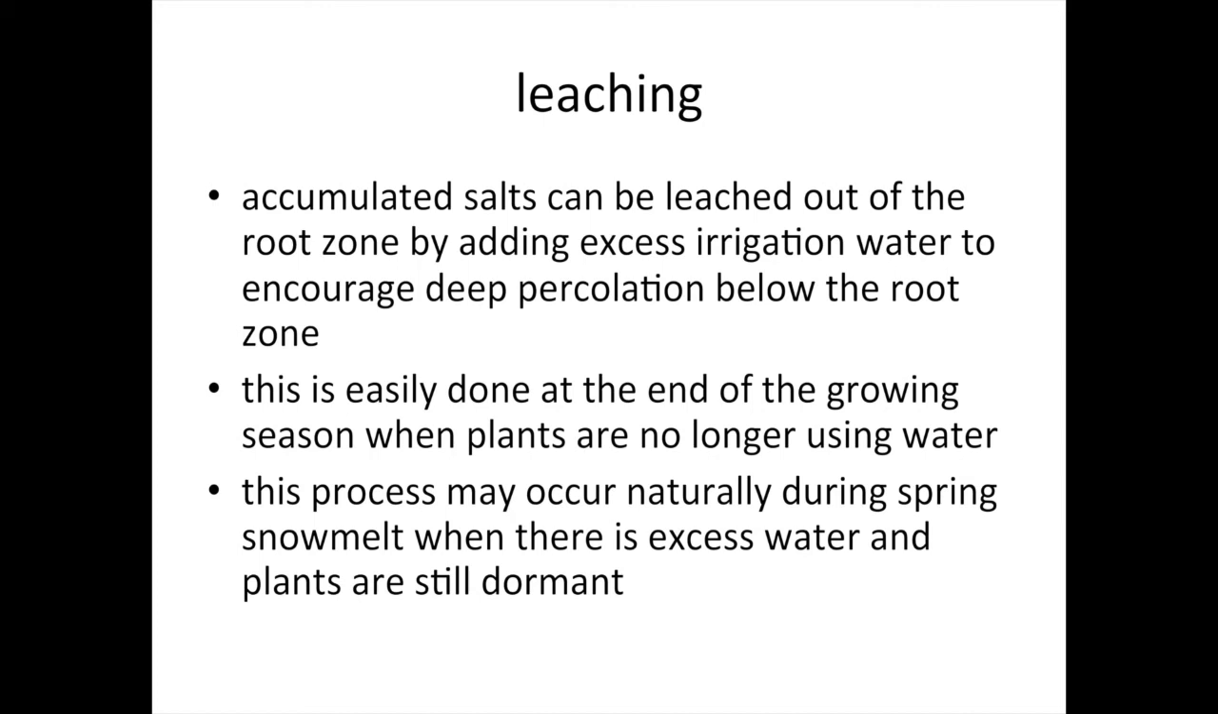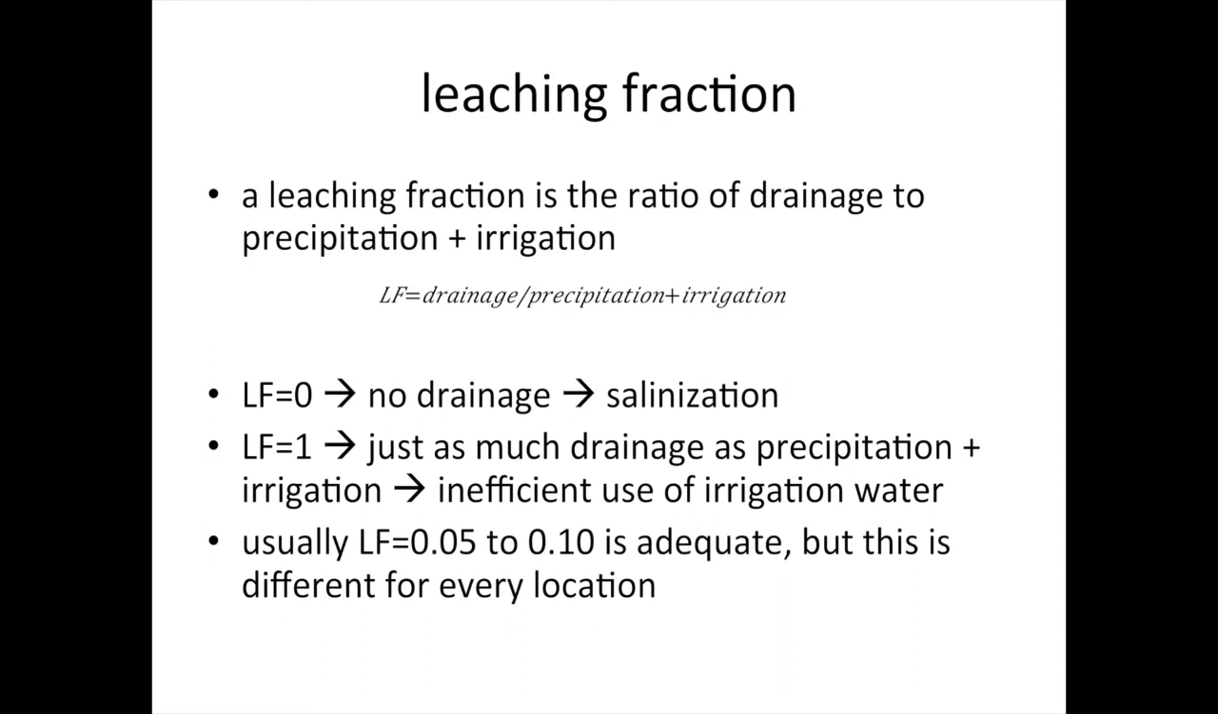So you just continue your irrigation after the plants are dormant for a little while. Or in our area here, this process may actually occur naturally during spring snowmelt when there's excess water and plants are still dormant. So that's assuming we have adequate snow in the winter, which isn't always the case. So one term you might hear when talking about the management of salts in the root zone is leaching